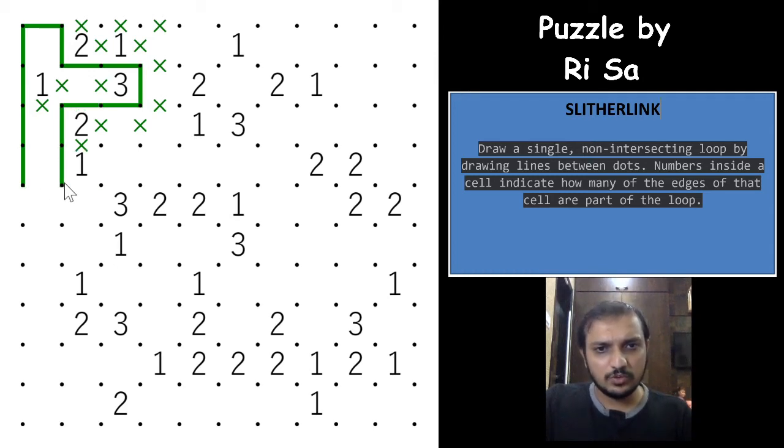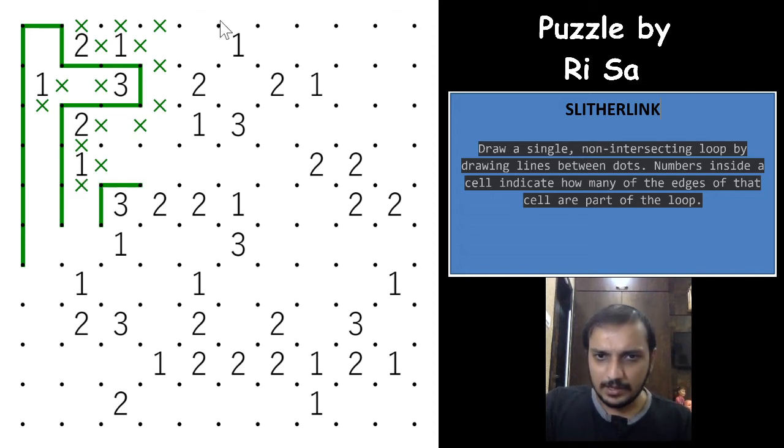This goes down, this goes down, this again goes down, and this comes down, right? Nice. Now for the 3 here, it will have to be this way, because the 3 now acts as if it is at the edge, right? So which means it would have to be this way.